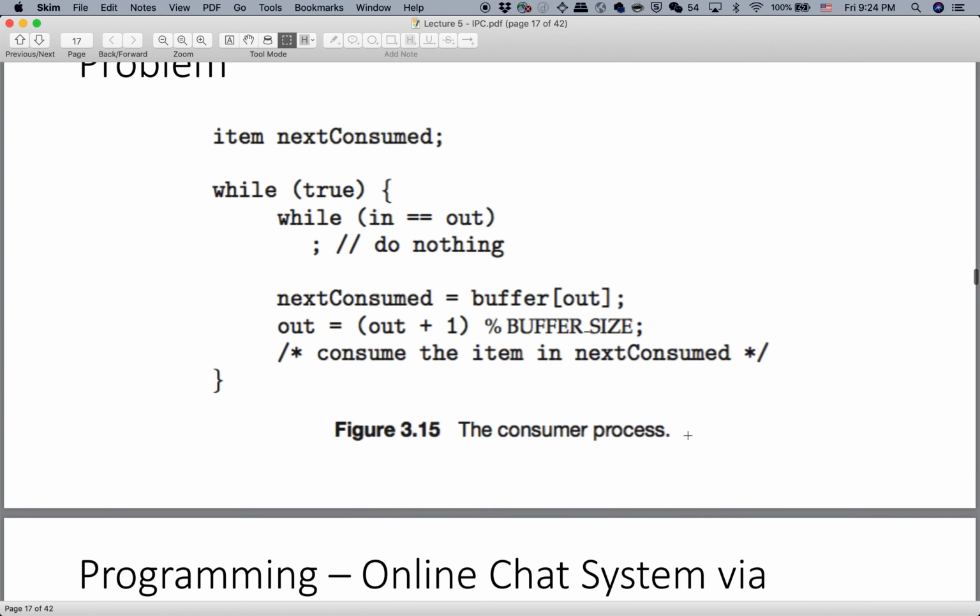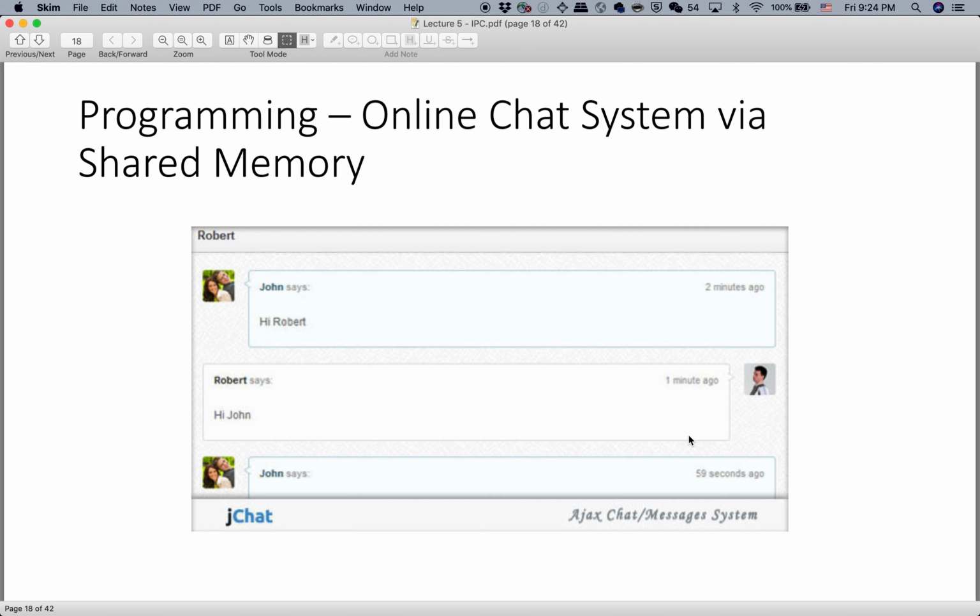And actually I'm just going to provide you the code to do this. Okay, so we all know what an online chatting system is like. We have two people sending messages to each other. What I prepared for you is to create two processes on the same computer, so process A can chat with process B. When process A sends some message,